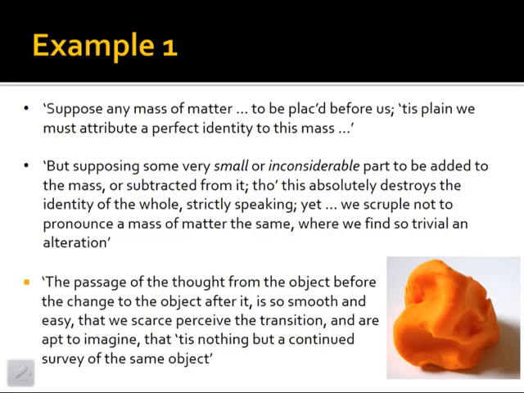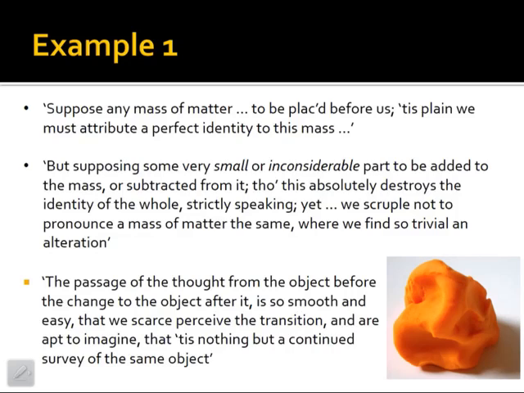Okay, so the first example is about a mass of matter, which I think we've touched on in another podcast and also maybe in class. Basically, what he's saying is that if you have a mass of matter like Play-Doh and you take away a tiny part of it, you clearly know in your head that it's been subtracted. You've seen it taken away, but because it's such a small amount, you don't bother to really take it into account.